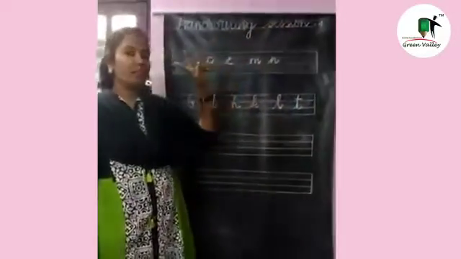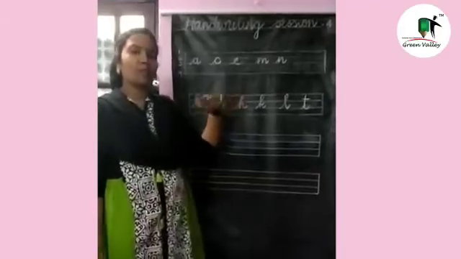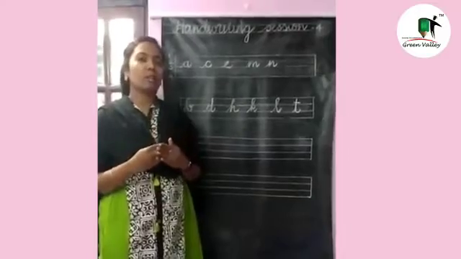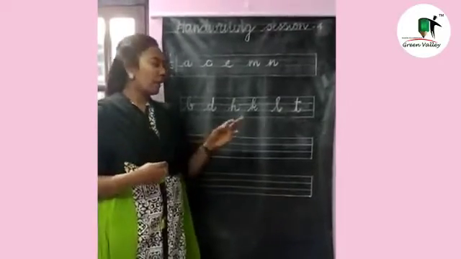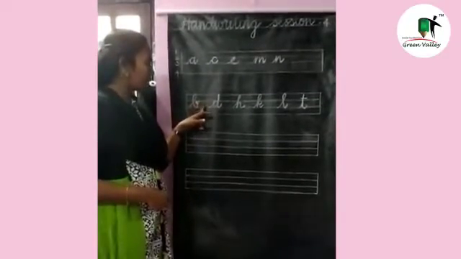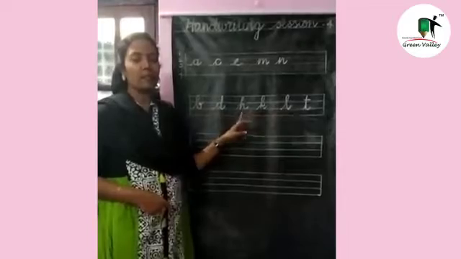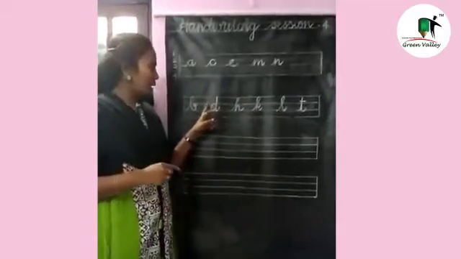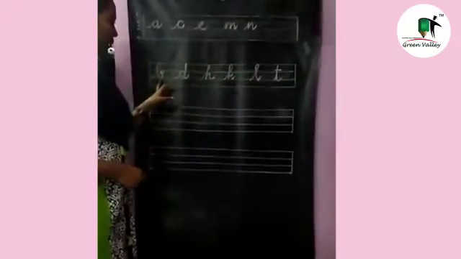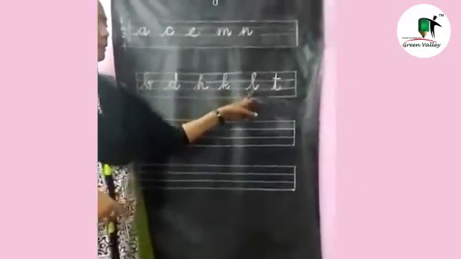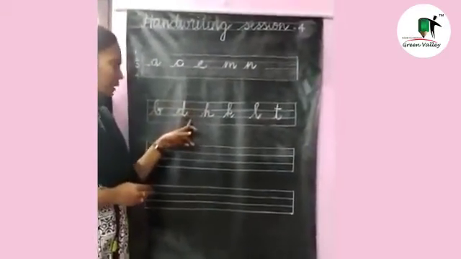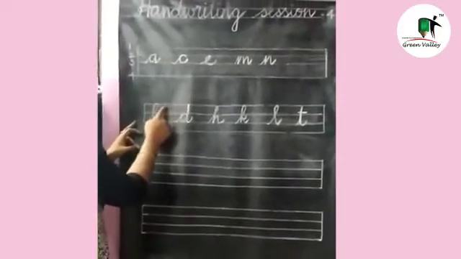So we have seen the lines and the strokes in the previous classes. We have seen the alphabet that touch only the two lines, that is the waistline and the baseline. And yesterday we have seen the three lines, ascender, waist and the baseline. So these are the letters that touch the three lines: B, D, H, K, L, T. These are the letters that touch only the 3 lines. I have written all the letters that touch the 3 lines only.